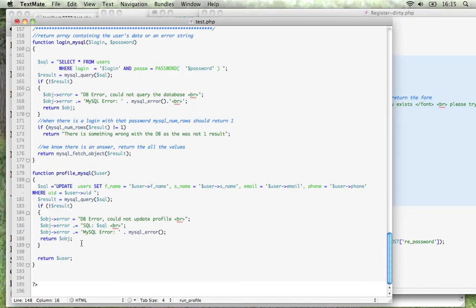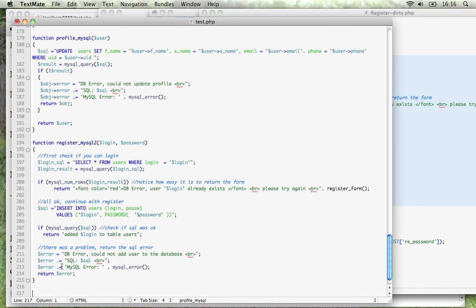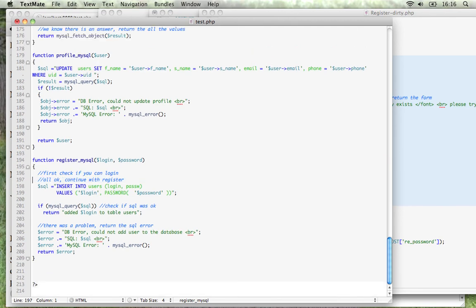So let me first go to the SQL and get the register. That's this part. Register, so it's register SQL. It takes in the login and the password. This part, MySQL, if not the error stuff, that's part of the test that I also need to do for the profile. So I'm gonna copy paste it here and create a new function called